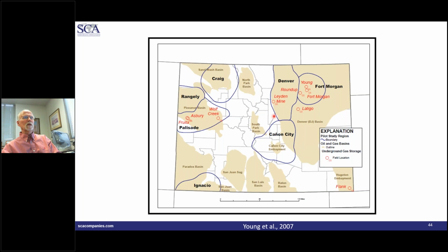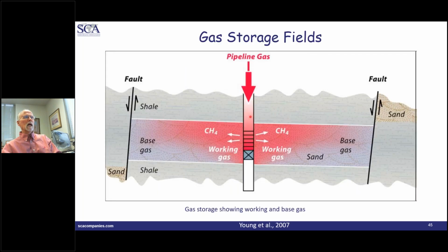And there's ones that's been decommissioned just north of Denver. The Leyden mine, which was a shallow coal mine, actually did work for many years. Public Service Company ran that, but urbanization, too many houses getting built too close to that facility, resulted in that thing being decommissioned. So gas storage fields, again, this idea of the base gas and the working gas, and one